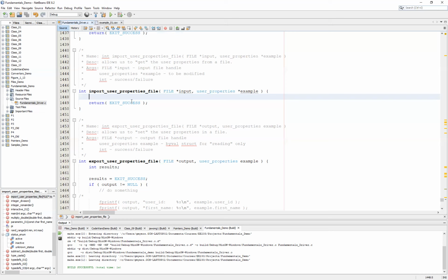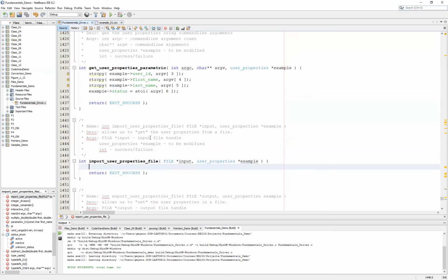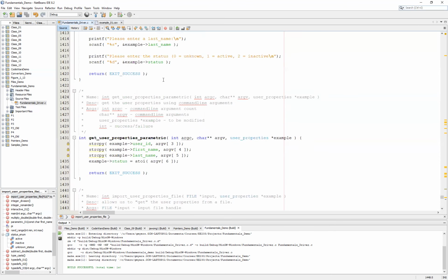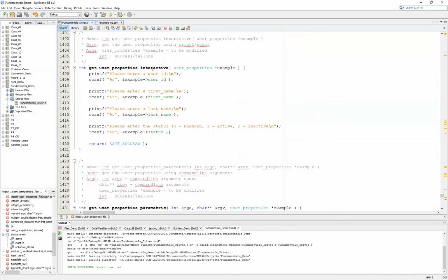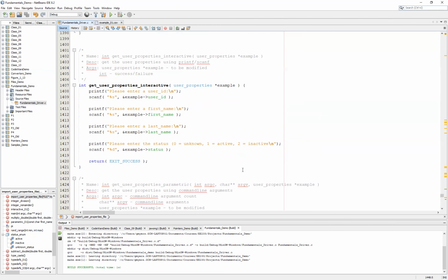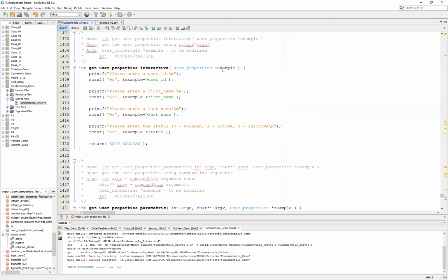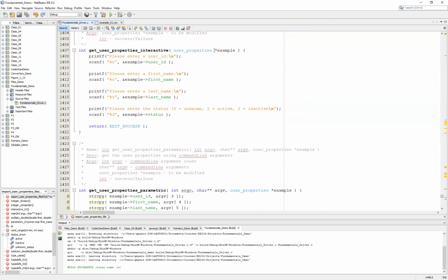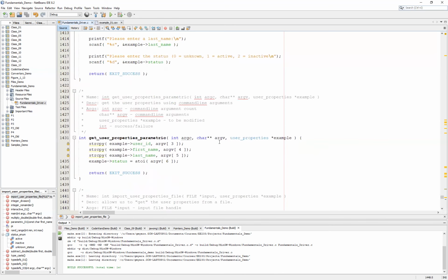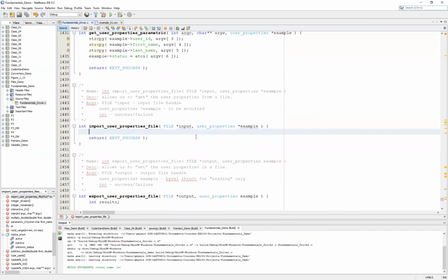Essentially, I want to be able to update the example, much like what we did in both our get user properties parametric as well as our get user properties interactive. Note that in both of these functions, I pass an example user properties by reference. So we're going to do the same down here,